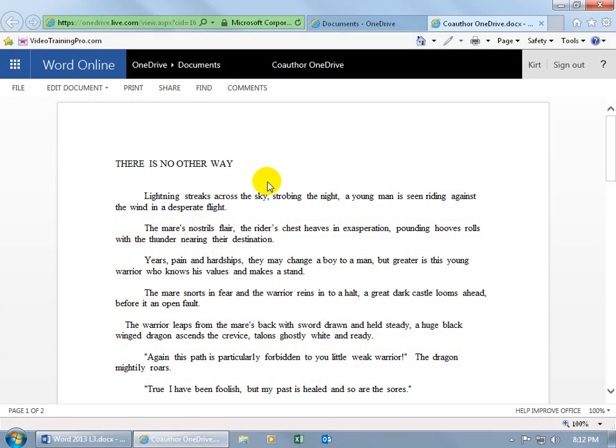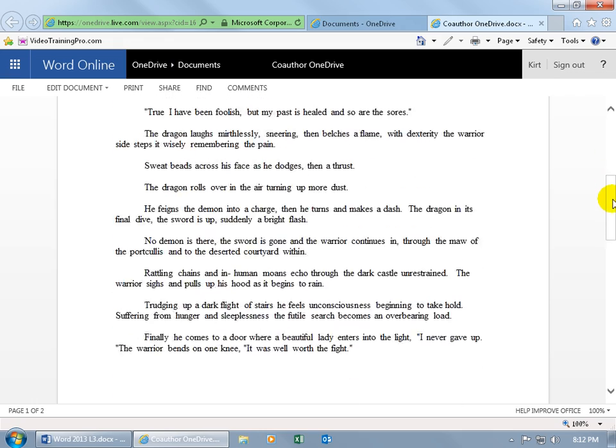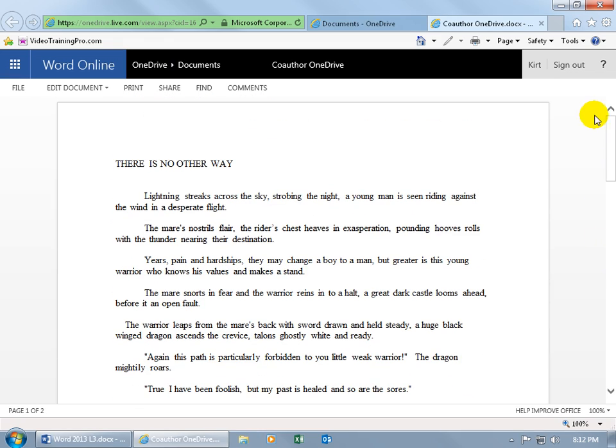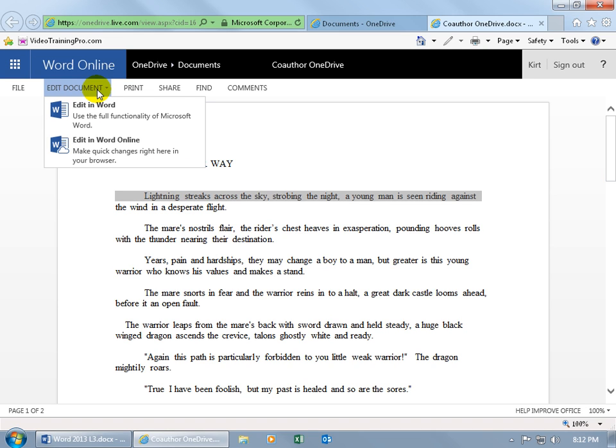Okay, by default you can view the document. See, we can scroll down, and isn't that nice? Now if we want to make any changes to it, when I click in here, it doesn't allow me to actually put the cursor in here so I can type in some text or delete. So to edit the document, you want to come up here and click on Edit Document,